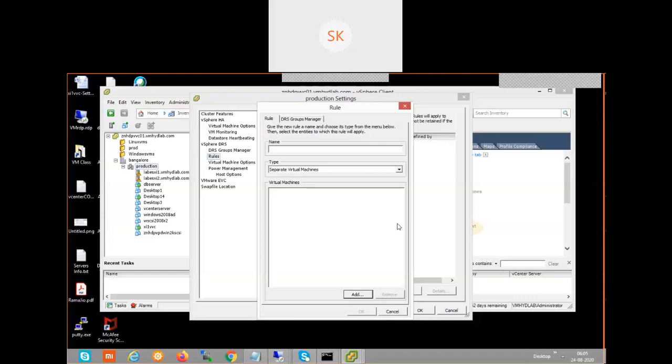Drop down, type: keep virtual machines together. This option is going to design an affinity rule. Affinity rule means both virtual machines I need to decide. Some applications will have a dependency, like DB server and web server. Both should run on the same host. Because if I create the DB server on one host and the web server on another host, and one host is down, my application is not going to work. So some application servers are there. We need to design in such a